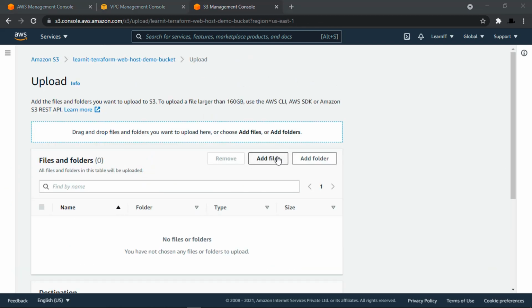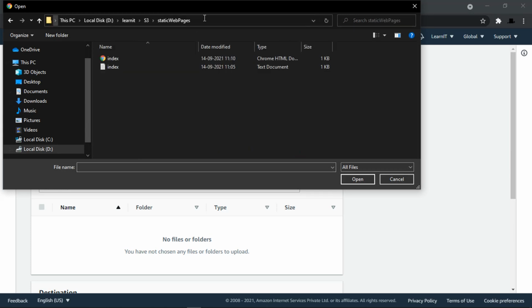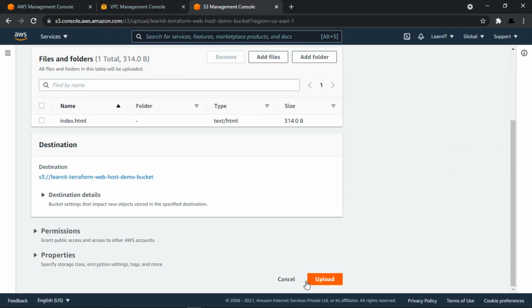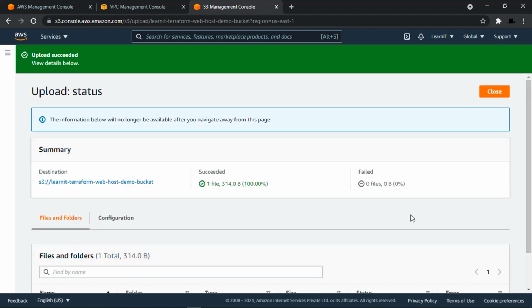So guys, I am adding a new file from my static web pages, and I am adding index.html, which is a simple HTML page for my website. And once we upload this page, I will hit the S3 website endpoint to check whether it is working or not.